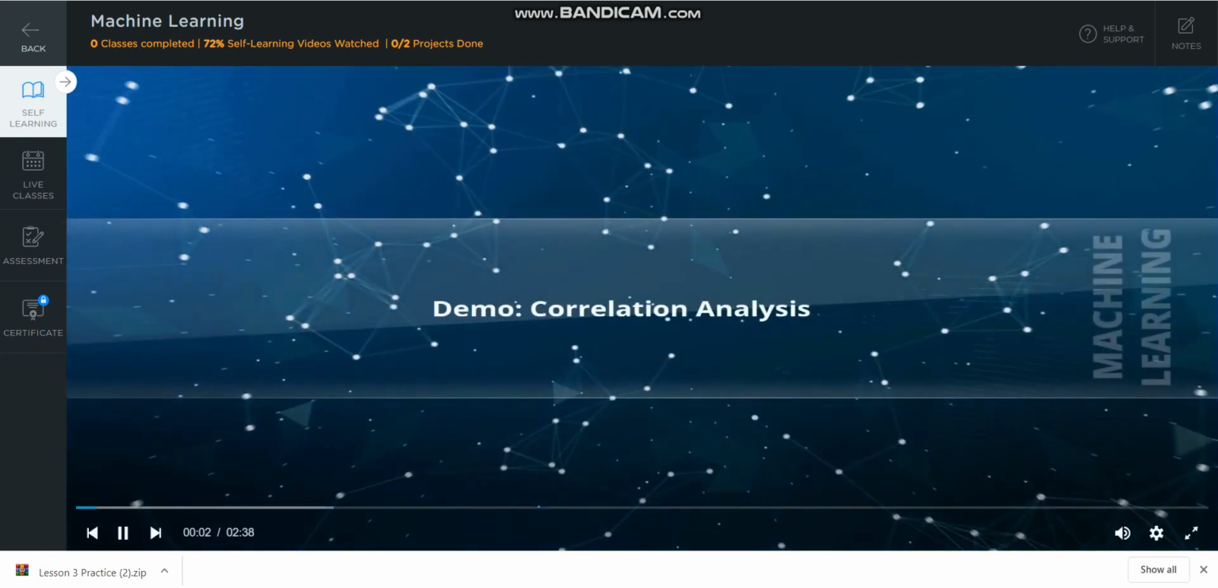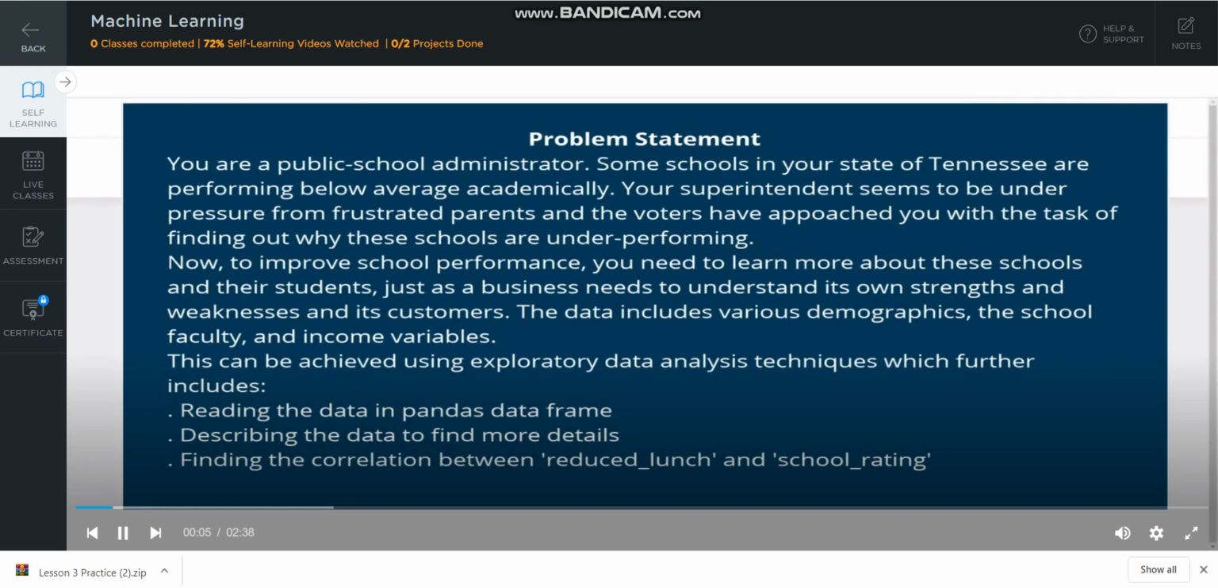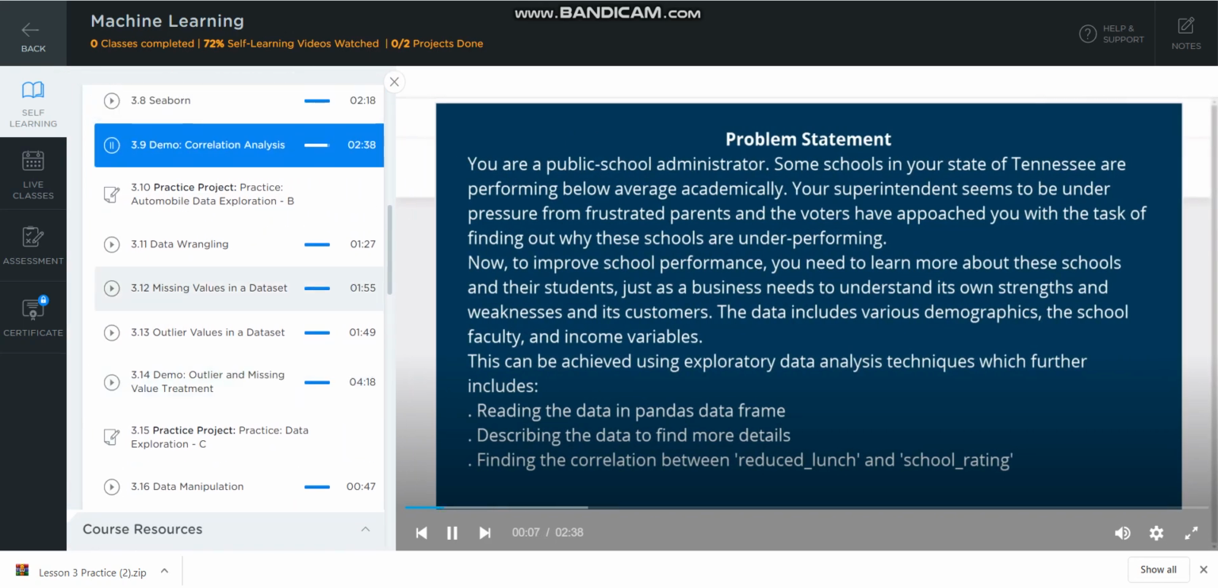Demo, correlation analysis. Problem statement. You are a public school administrator. Some schools in your